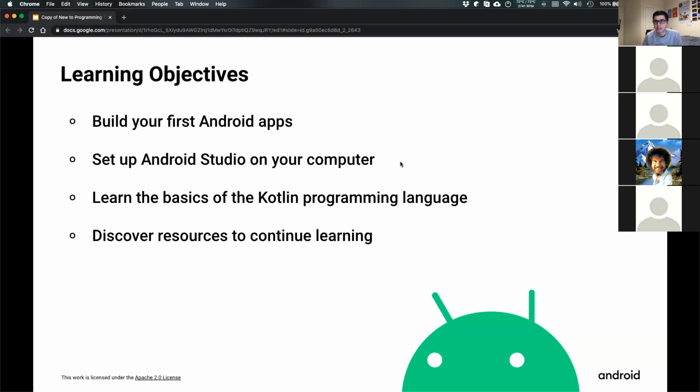As part of this new to programming track for Android study jams, we're going to be trying to build your first Android application. And to do this, you need to install Android Studio on your computer. We need to learn the basics of Kotlin, which is the programming language that is used to develop Android applications. You might have heard of Java being used in the past. That's being phased out now for this amazing language called Kotlin, which is essentially a nicer version of Java. It converts everything into Java code so that you can skip out a lot of the boilerplate